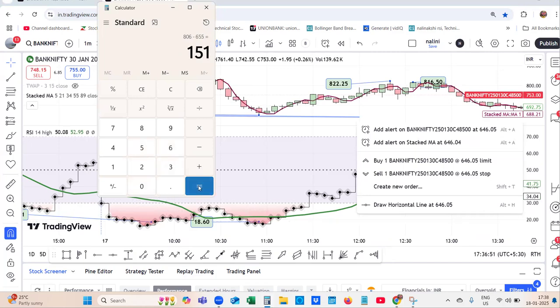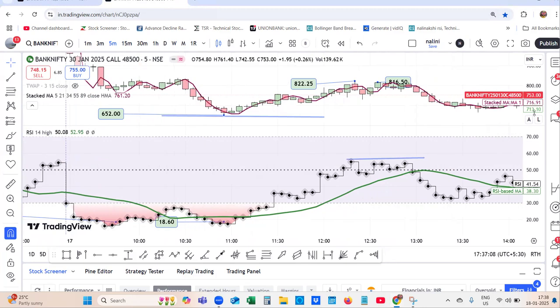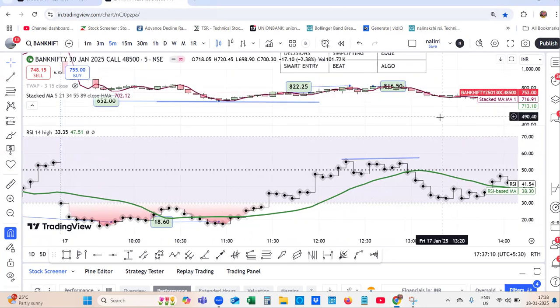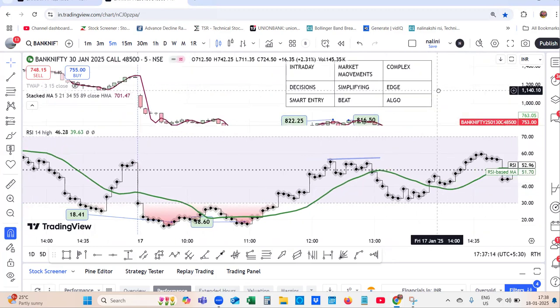You have captured 151 points multiplied by 50. You have made a solid 2265 with the proper entry, without any confusion, without any stress,